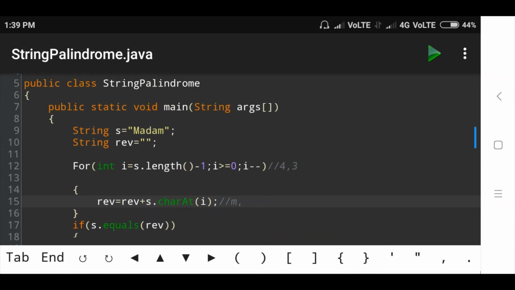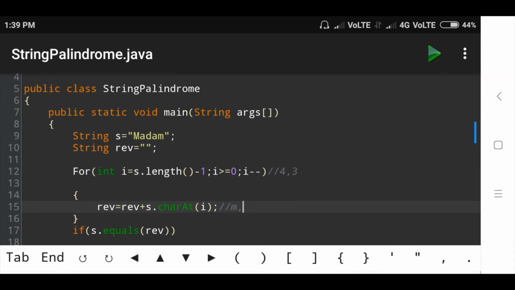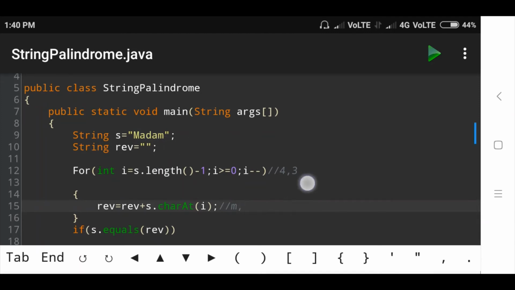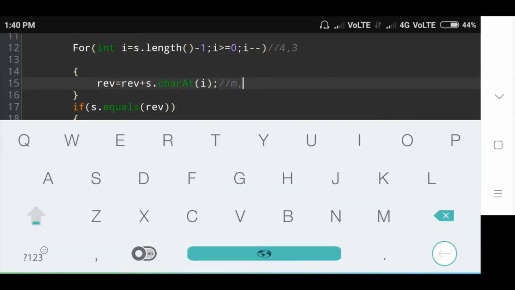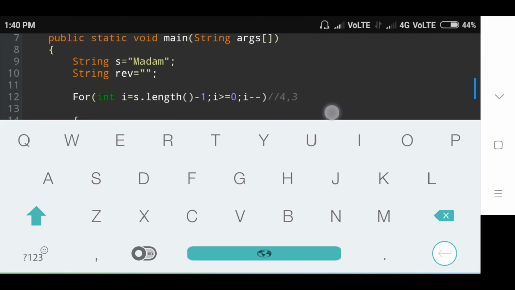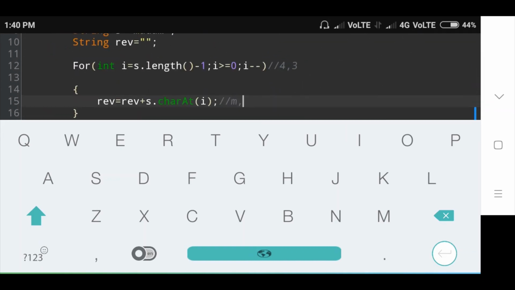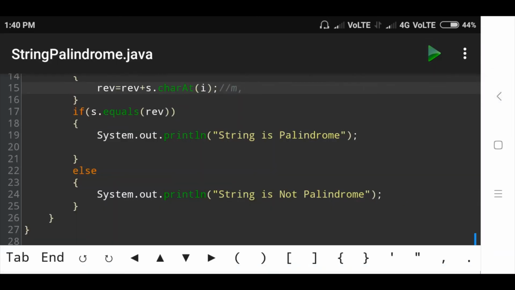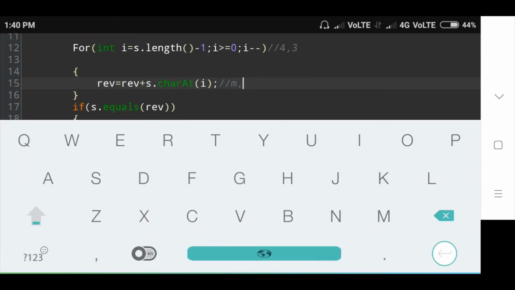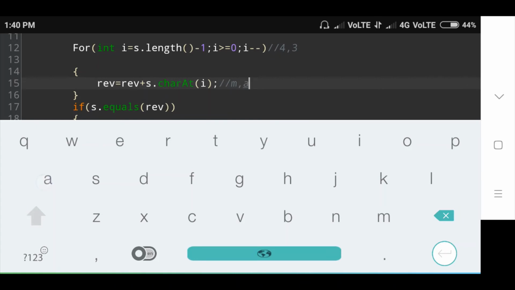Then check the third position, the character is a. Okay. Then add two characters: the initial character m plus the next character a. Then the two characters m, a are stored in the reverse variable. Okay.